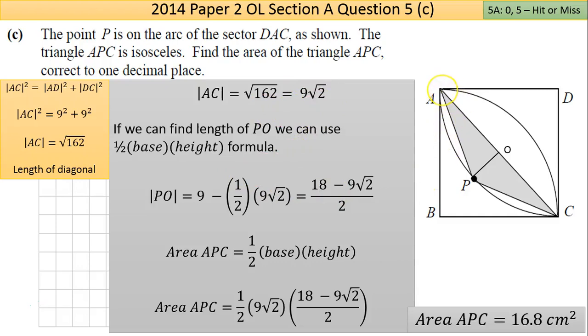So the 9 is the length of the sides, okay? Now it would also be the length of this distance here. No, it wouldn't be. Okay, so basically taking the 9, point here, that's reflected here as well, and here as well, and here as well. They all coalesce to the center, which is O. So you're taking half the diagonal away from it. Okay, so it's 9, take away half